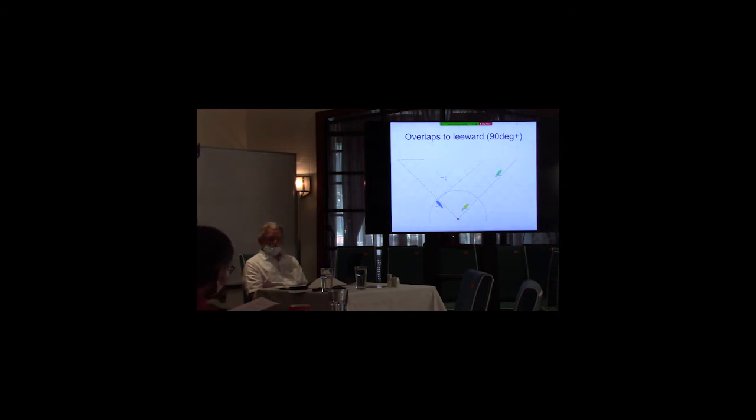Okay, that's what you want. Sorry, mate. Well, yes, Tom. I have a question. Can we just go back one slide? Yes. So this doesn't apply then upwind, so the grey boat is not overlapped? The grey boat is not overlapped with any boat, because they're on opposite tacks. But the question was, on this slide, does the grey boat overlap those other boats? And the rules say that on opposite tacks going upwind, boats cannot be overlapped.